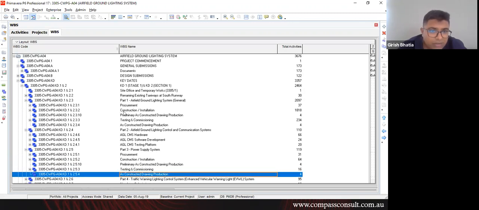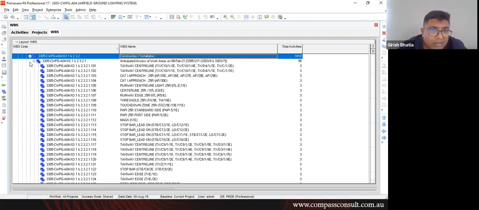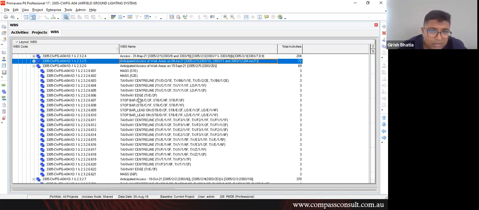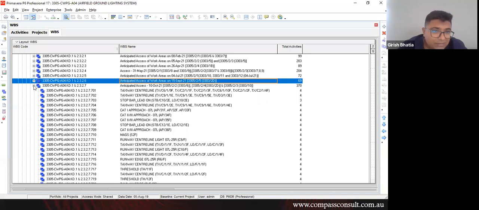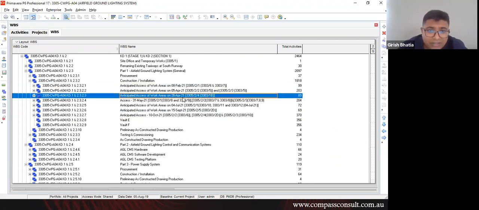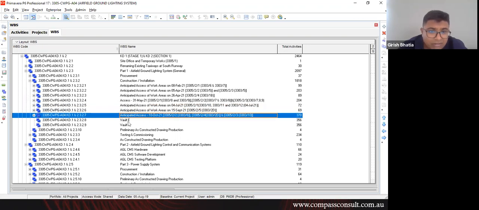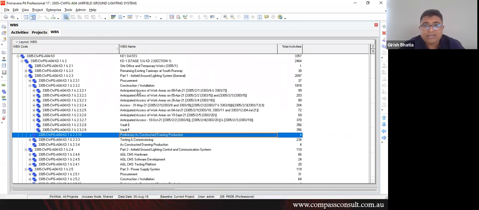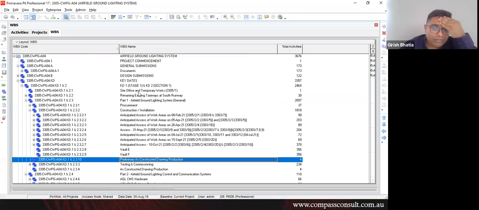And within each of the constructions, you've got so many other WBSs. All these are WBSs. It's a complex program, guys. Basically, it has all these anticipated dates for when they'll be getting the work areas. Then they've got some vaults, which are a part of a substation, basically. And yeah, this is how we create WBSs. And this is the depth of the